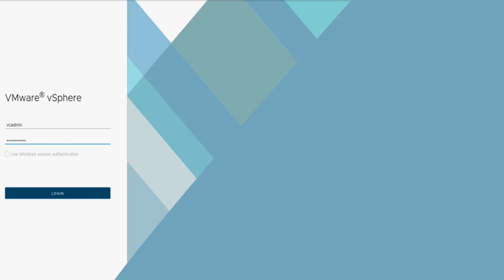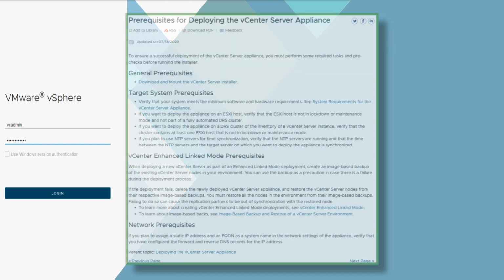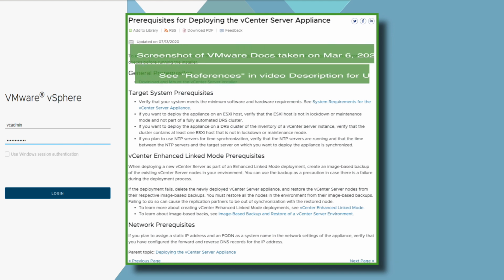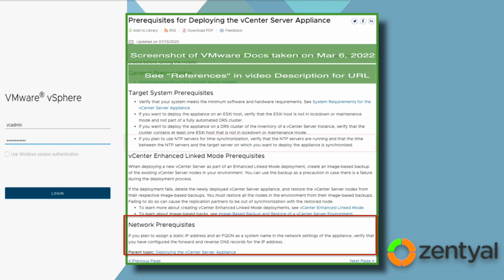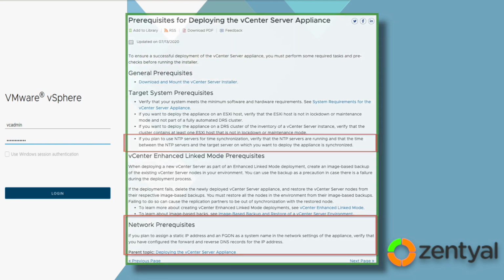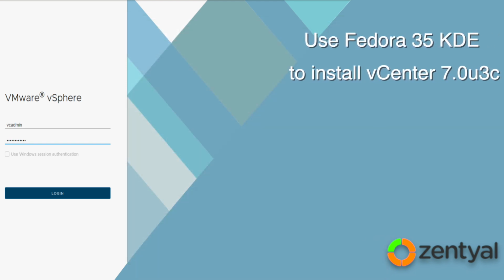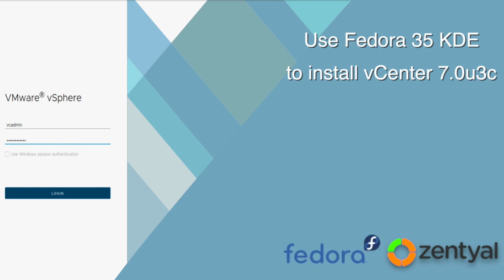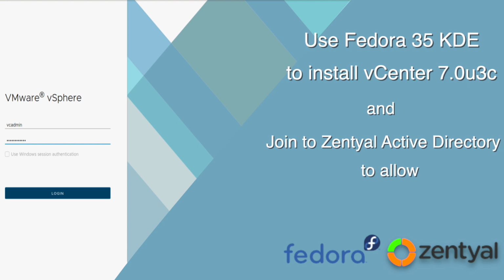This week, I'm bringing up a new vCenter 7.0.3 server for my home lab environment. My previous few videos established some prerequisites that are important to have in place prior to attempting to install vCenter, namely working DNS, NTP, and general networking. I've chosen to do the install from Linux, particularly Fedora 35 running KDE. There's a small caveat with the install that I'll address in the video.